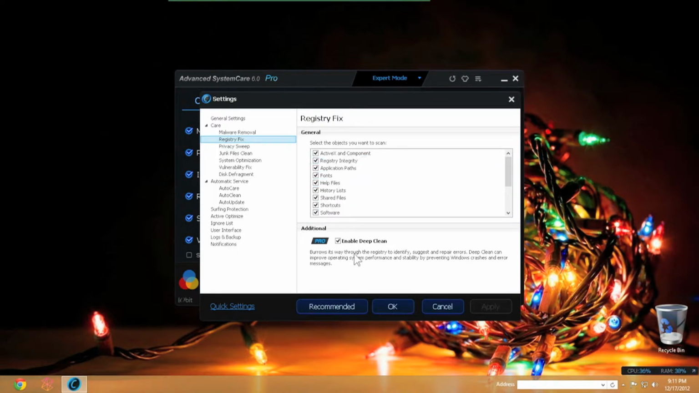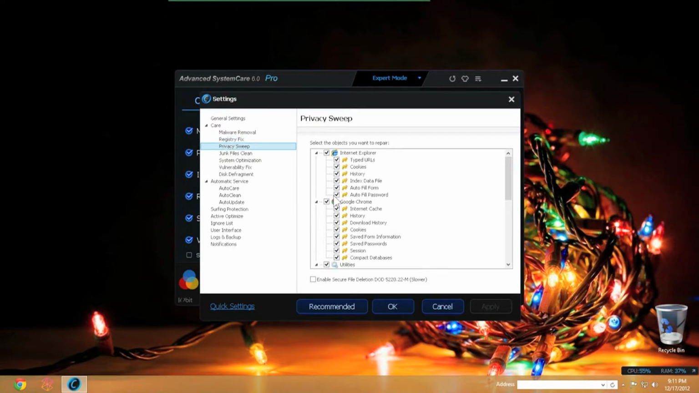But then you have another option to enable deep clean, which is only available in the Pro version. Then under privacy sweep, you can choose these options yourself, because it will not have all the cookies and history, index files, all that stuff selected under each browser and Windows component that it is going to scan. You have to manually select, which I have all selected because I don't care for my history to be erased